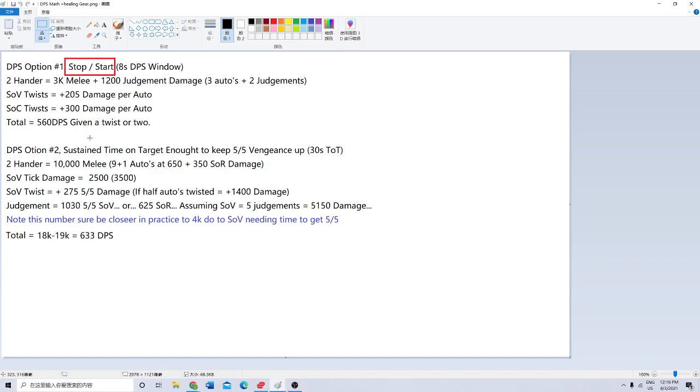So again, what does our DPS look like? This assumes that we only have an 8-second DPS window. This is an idealistic DPS window because it allows us to get off an extra melee attack, obviously, and it lets us get out 2 judgments in this amount of time, right? Like an 8-second cooldown on your judgment. So a lot of the DPS here is coming from the front-loaded nature of our attacks. Our judgment damage is front-loaded. Our two-handed melee swing, our first one, is front-loaded. And we're able to generate about 560 DPS given a twist or two,